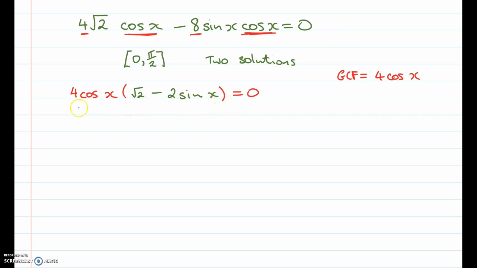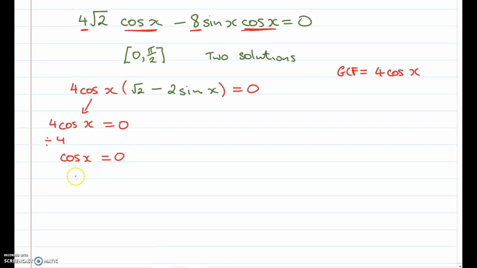Okay, so if you have this product, 4 cosine x times root 2 minus 2 sine x equals 0, either one of them is equal to 0 or the other one is. So you have 4 cosine x equals 0, and if we continue to solve that, divide both sides by 4, just gives you cosine x equals 0,